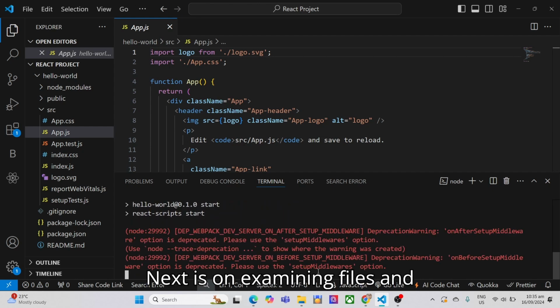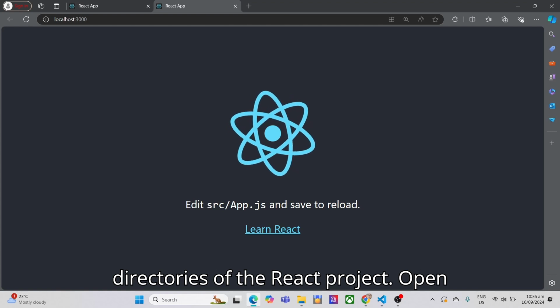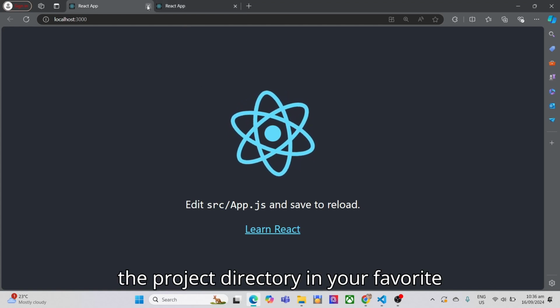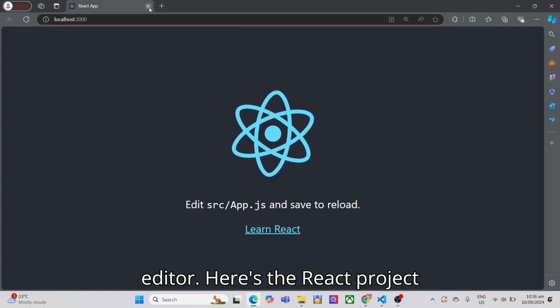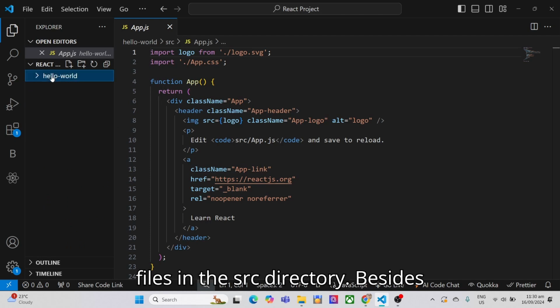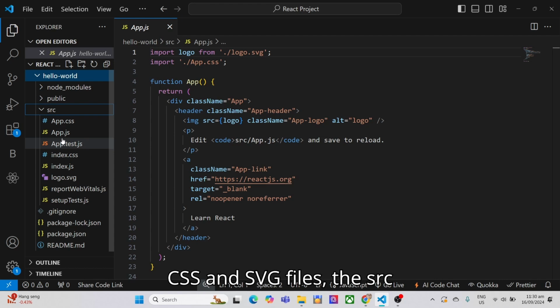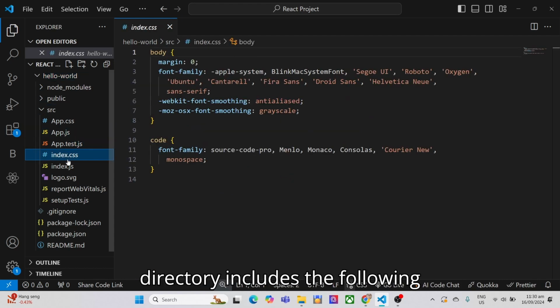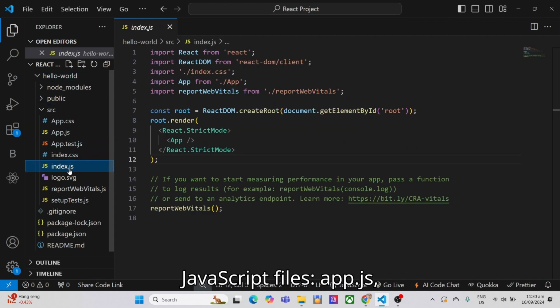Next is on examining files and directories of the React project. Open the project directory in your favorite editor. Here's the React project directory in VS Code. Typically, you'll often work with the files in the src directory. Besides CSS and SVG files, the src directory includes the following JavaScript files: App.js,